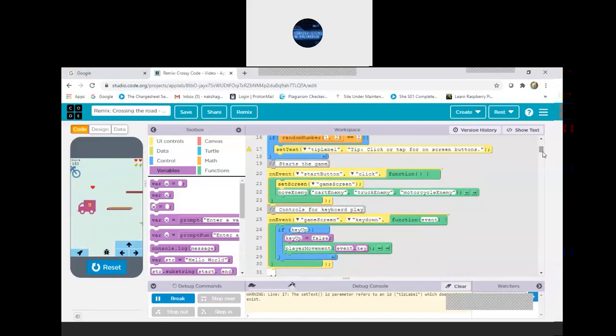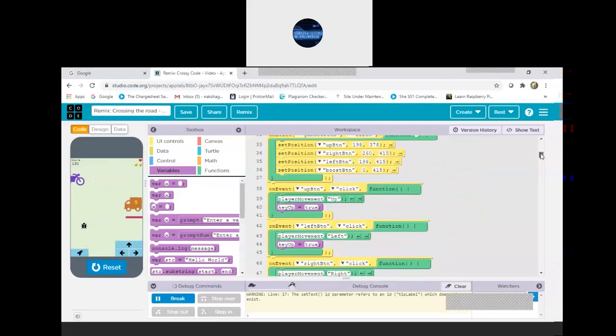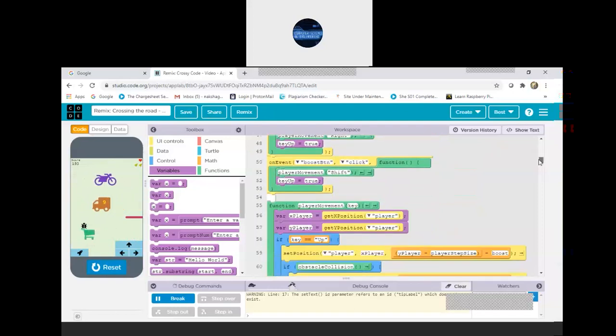Now see, you can see again. As the level increases, the speed goes higher and higher. See, one more bonus is there. See, it has increased by one.